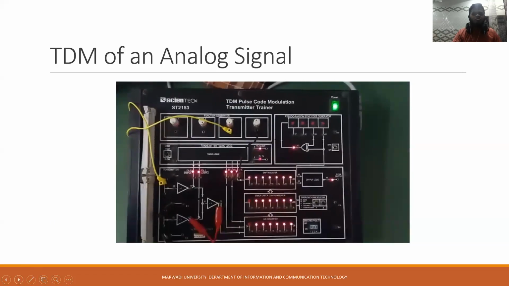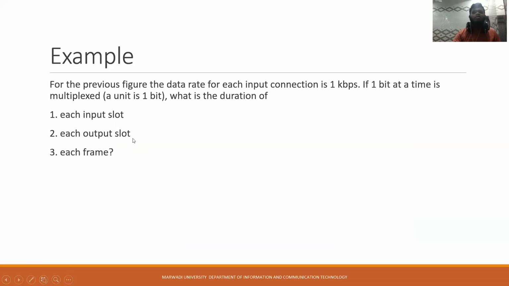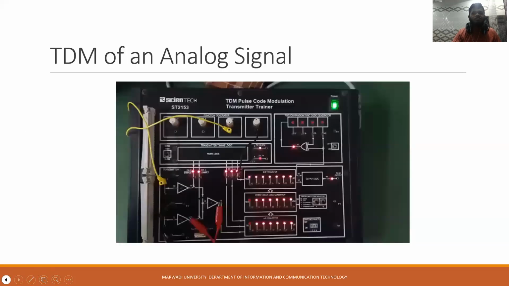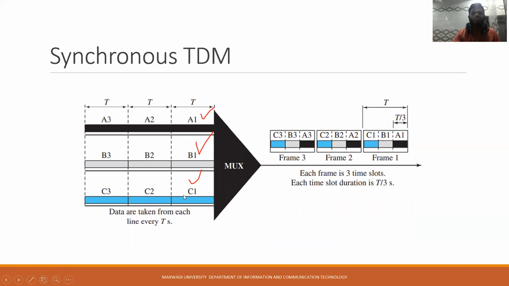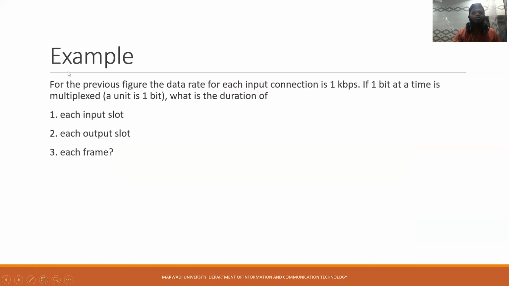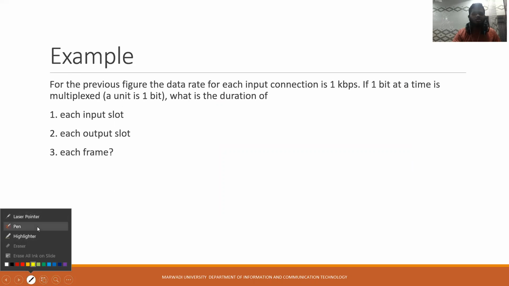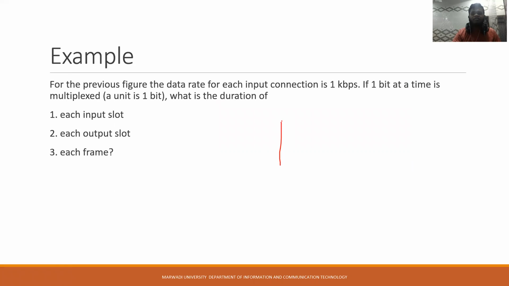So that's a little demonstration. Now let's look at an example here. Like it says, for the previous figure, that means the figure which we saw here, just talking about this figure. So the data rate for each input connection is 1 kbps. So let's draw along with it. So we have a multiplexer like this, and we are giving 3 connections, and each connection is having 1 kbps data rate,